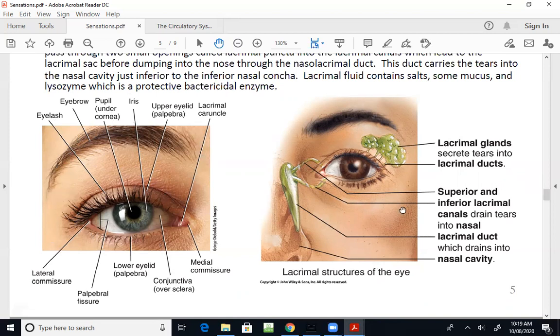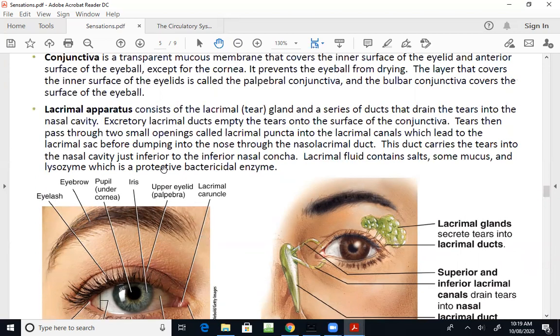This image over on the right is going to show you the structures that make up what we call the lacrimal apparatus, which includes the lacrimal gland, which is the fancy term for your tear gland, and a series of ducts that we use to drain the tears from our lacrimal glands onto the surface of our eyes. These are called excretory lacrimal ducts, or they're just labeled here as lacrimal ducts. Okay. Tears then pass